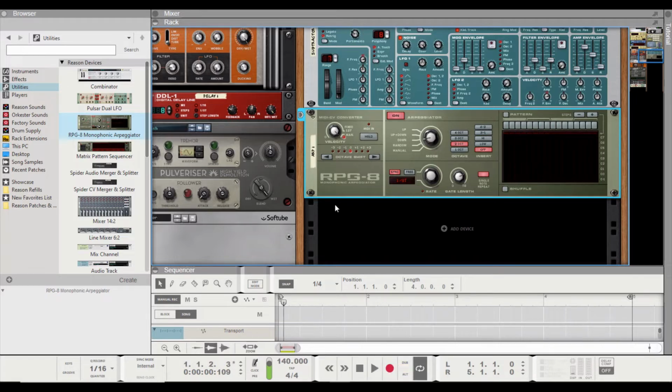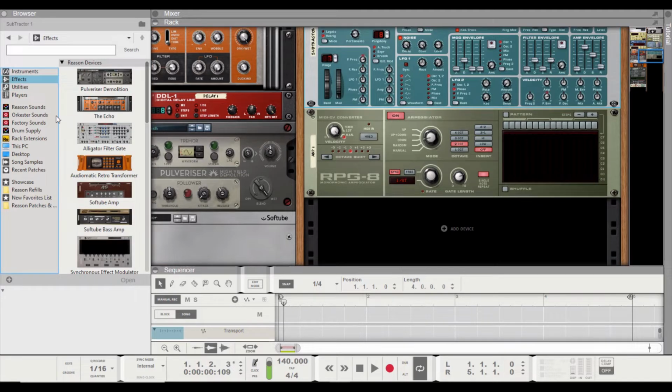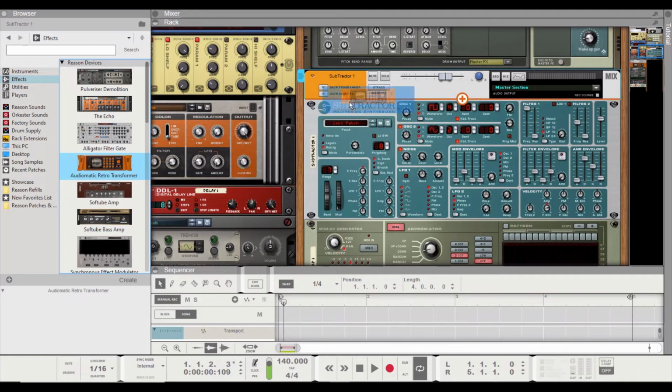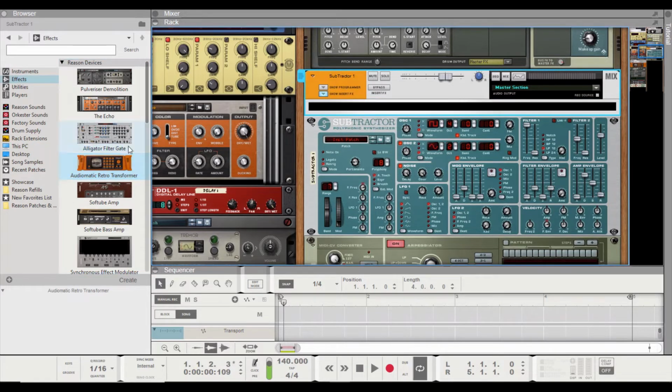Sounded nice. Maybe I'll turn a little bit of the portamento down because it's got quite a lot of swing there. Right, so next thing I like to add is some effects to make it sound a little bit more retro. So if we go up above, open this, insert effects, and drop in